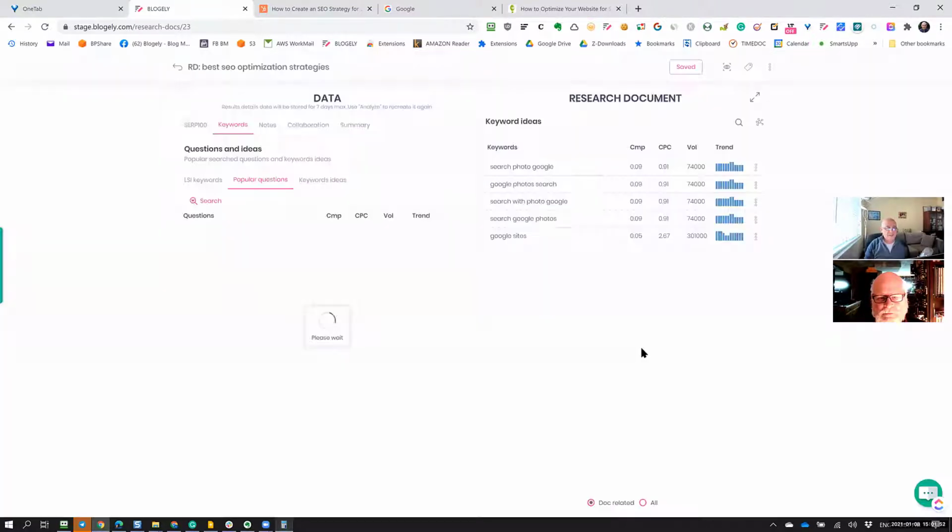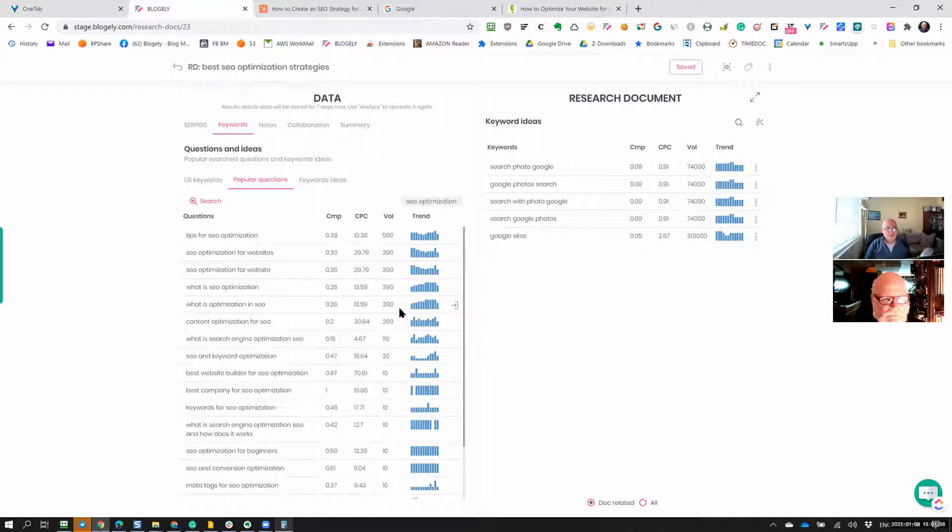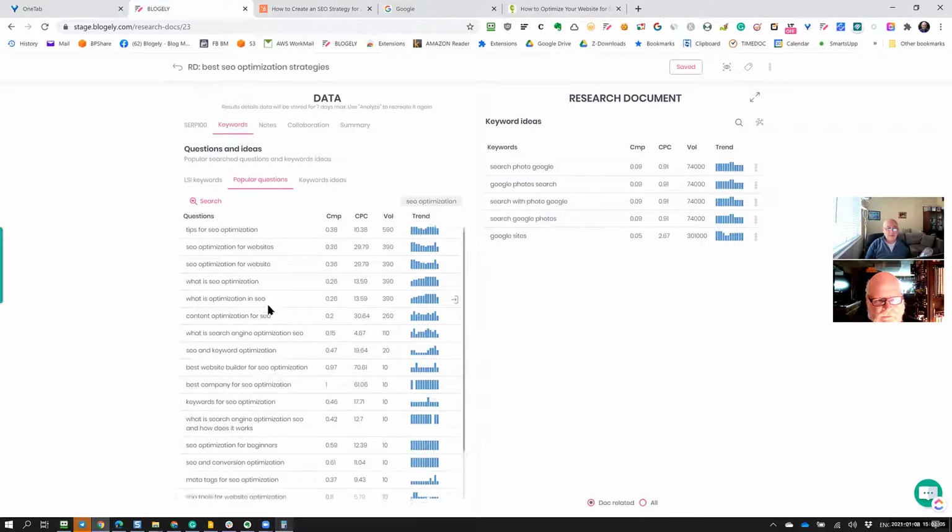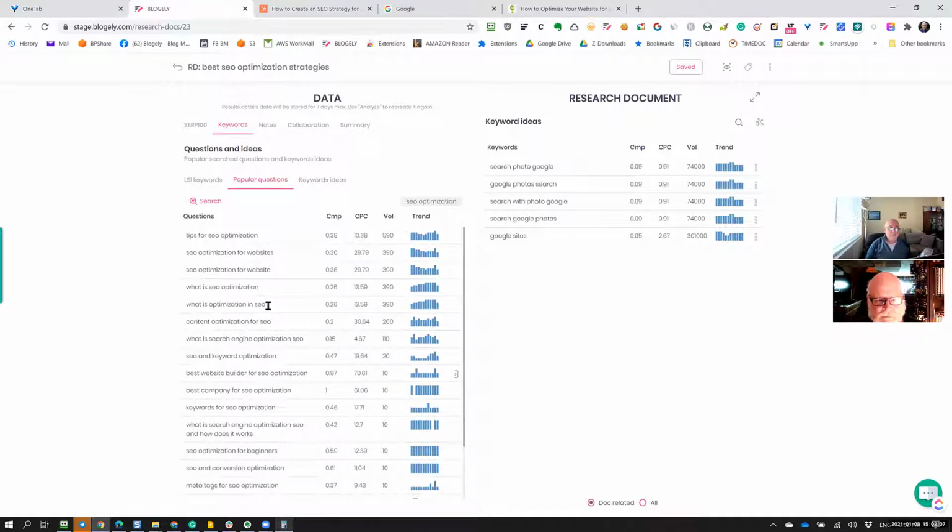And I'm gonna click OK, and let me see what there will be popular questions. Okay, so here is slightly different relevant keywords you will get. This one is more of the long tail keywords that are being asked for with this particular combination. So, for example, tips for SEO optimization for websites,